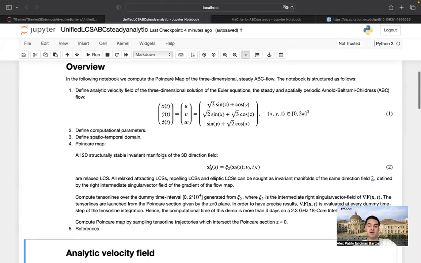And the idea is the following. It emerged through the years that attracting, repelling, and elliptic LCSs are codimension 1 surfaces. So basically in 3D, these would be 2-dimensional surfaces, which always need to be tangent to the intermediate eigenvector field C2. So what this says is that no matter if you're looking for elliptic structures or for hyperbolic structures,